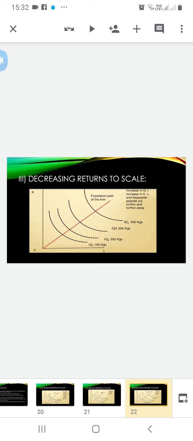Decreasing returns to scale. Decreasing returns to scale is said to occur when a proportionate increase in input causes a less than proportionate increase in output. When the firm continues to increase the scale of production after a certain level of production, diminishing returns to scale